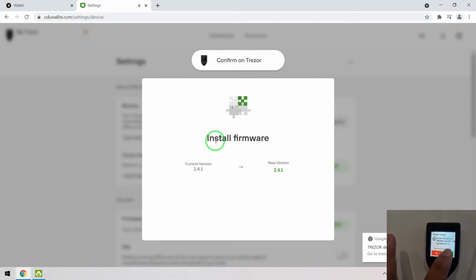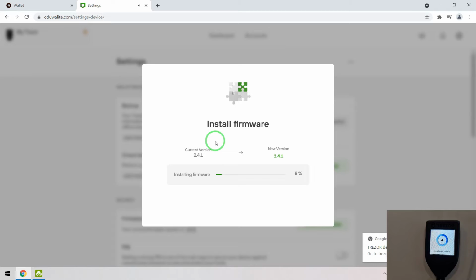I approve it, but before approving, you have to remember that you should have a backup of your Trezor wallet, because when you upgrade the Trezor, your memory will be cleared, so you have to re-import the older wallet. So it is very important to take a backup before doing this, so that your funds will not be lost.